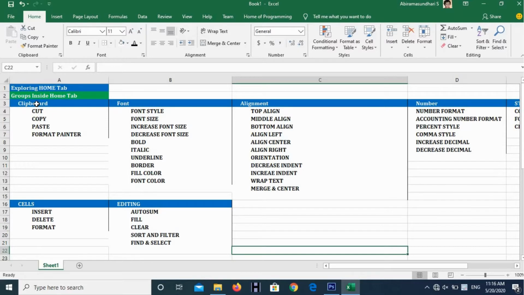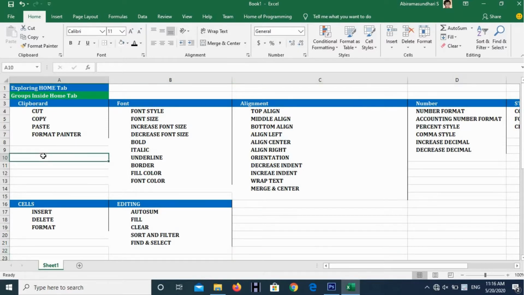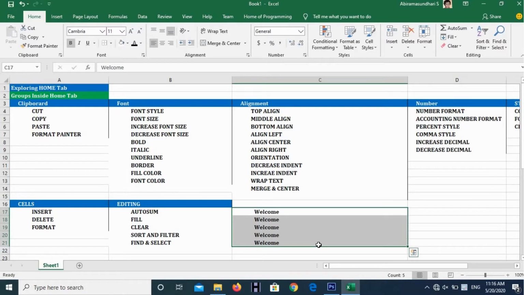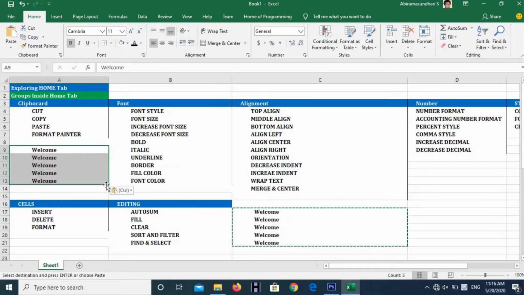For example, here I am going to write some text, and I am going to repeat it for some other lines. Now I am going to cut this portion of cells and paste it here. This is the usage of the cut function. If I want to copy this content to some other location, we can do that.